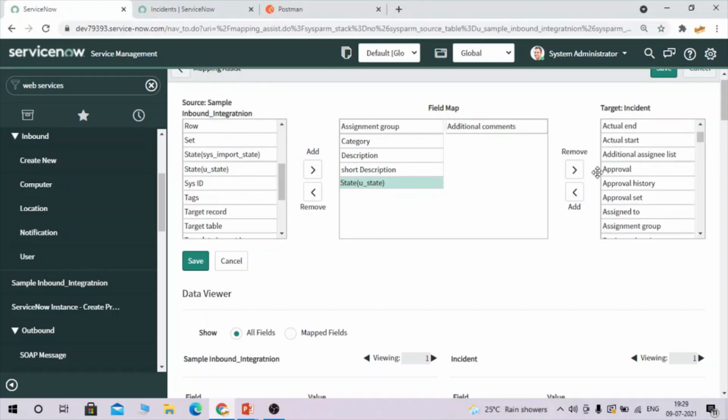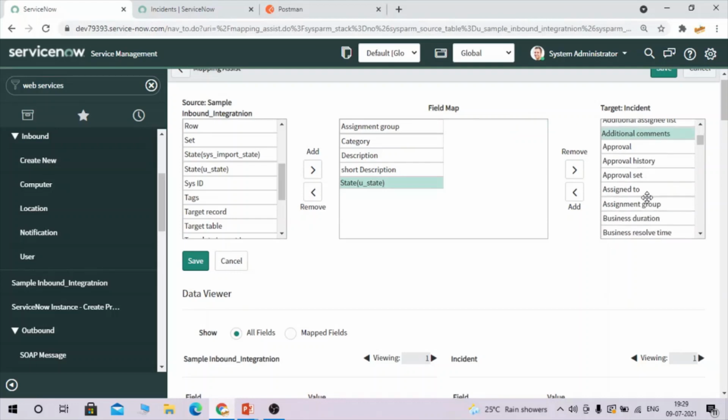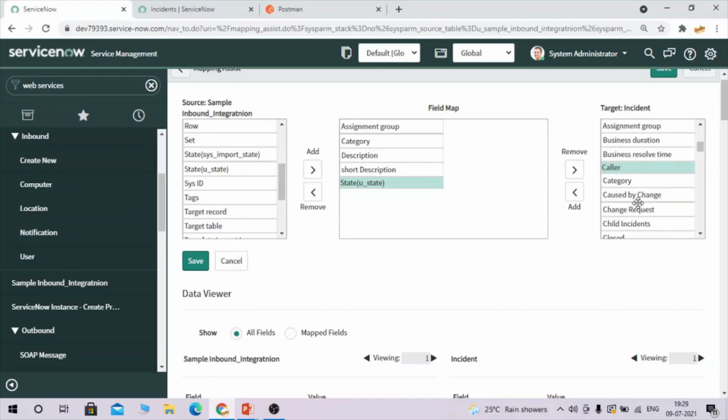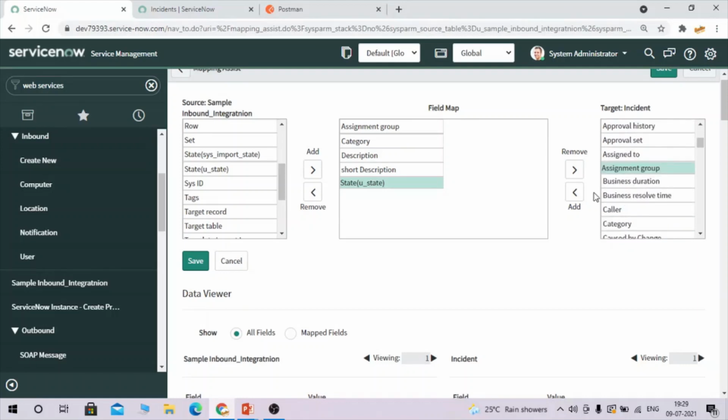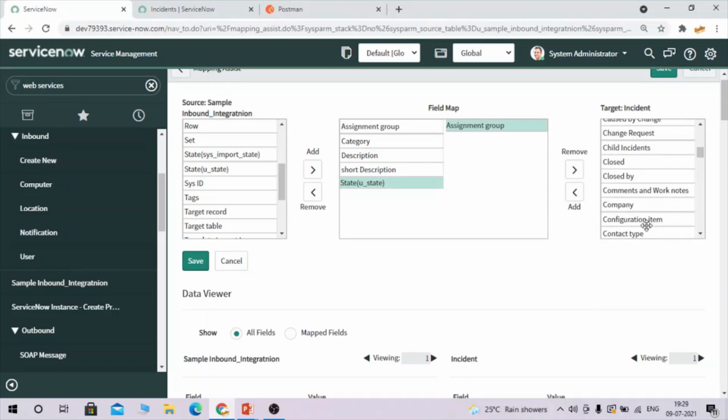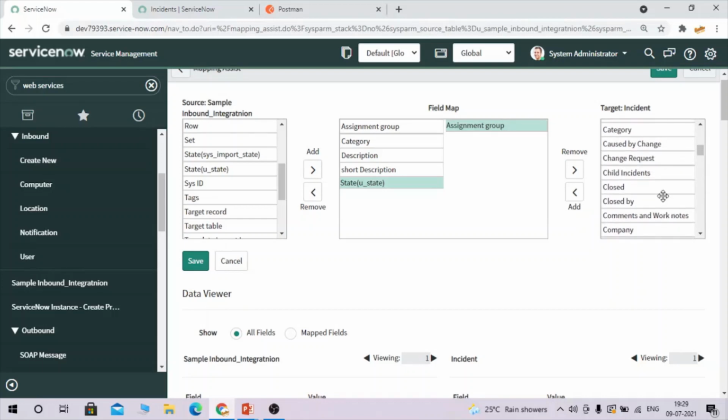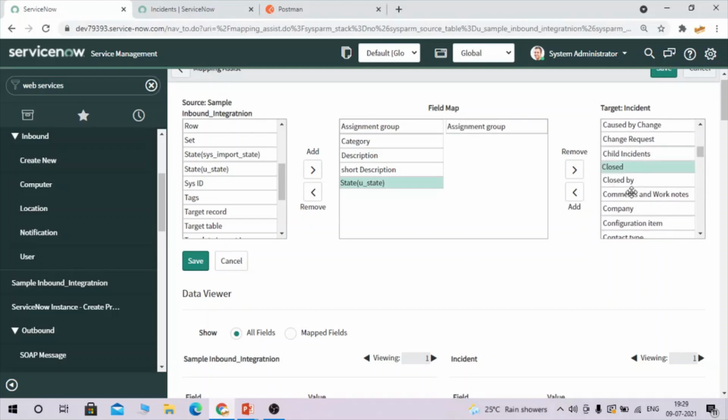So this is quite easy. I don't need this one. I need assignment group, and then we need category. This is also not required. You can just select auto mapping and it will be done automatically.